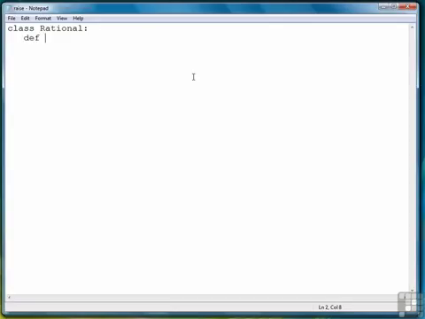So we'll go directly to the definition of the constructor. The constructor will consist of three parameters: self, x, and y, representing the numerator and the denominator. So in the body, we'll write numerator equals x. Then we're going to say if y is equal to 0. In other words, if the denominator is going to be a 0, then we want to raise a zero division